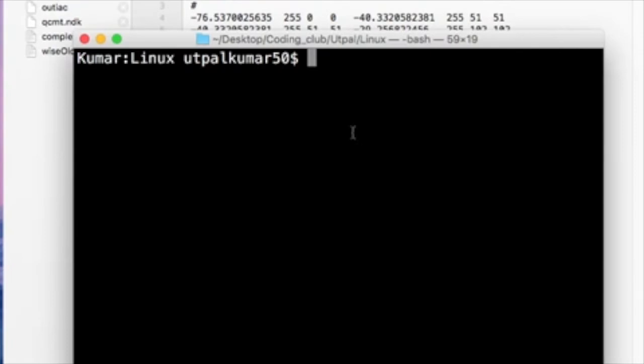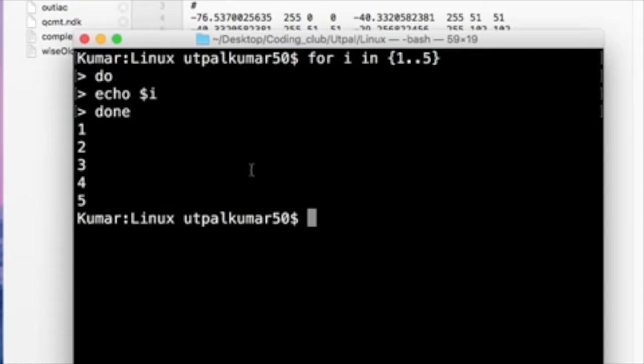So let's start with the for loop, how you can use the for loop. Let's see it again. If you want to print from 1 to say 5, then how can you print that? So you can say for i in 1 to 5, and then you need to use the usual syntax of a for loop and then use the echo command. We have seen the echo command in detail in the last meeting, so I'm not going to show anything special about the echo command. So you just do this